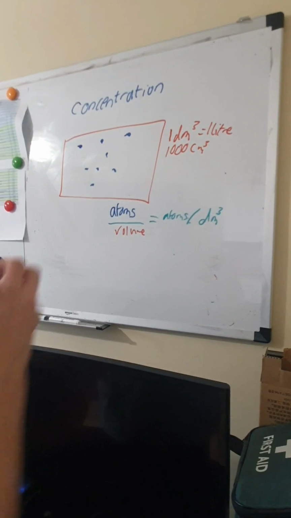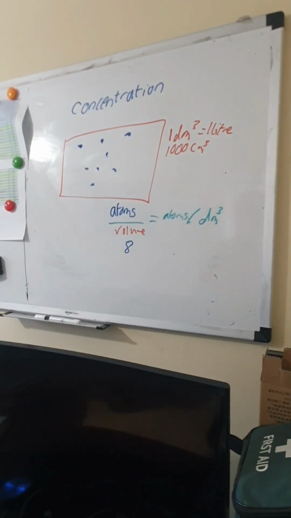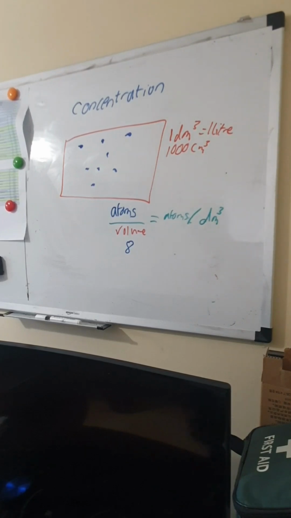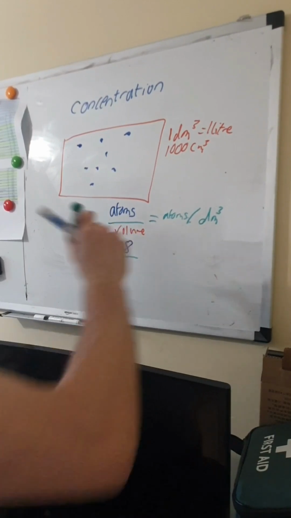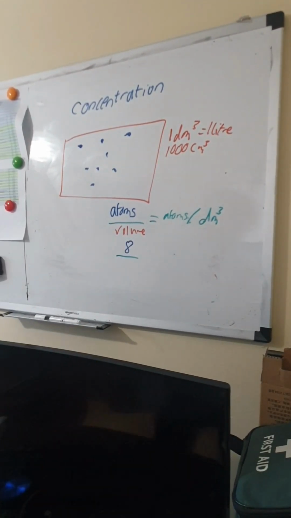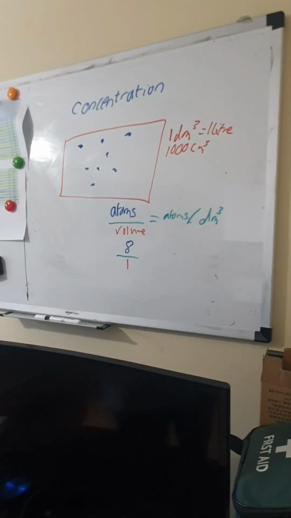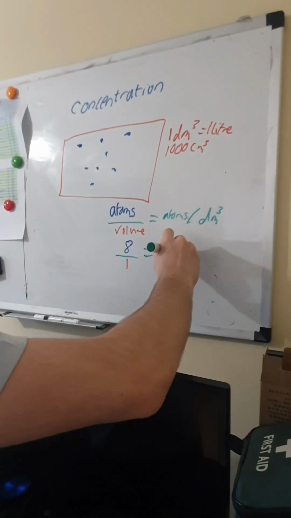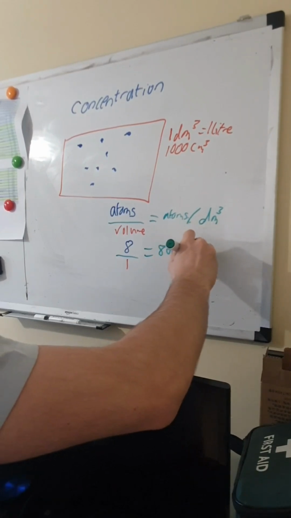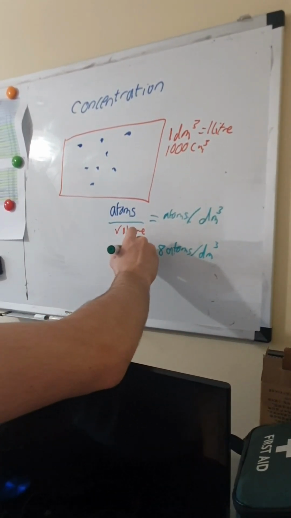So we do 8 divided by our 1, and that is equal to 8 atoms per decimeter cubed. Can we agree that that's 8 atoms